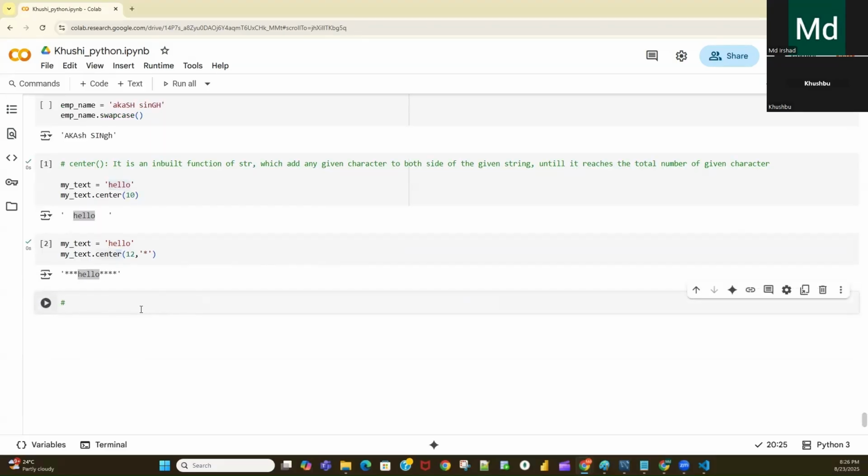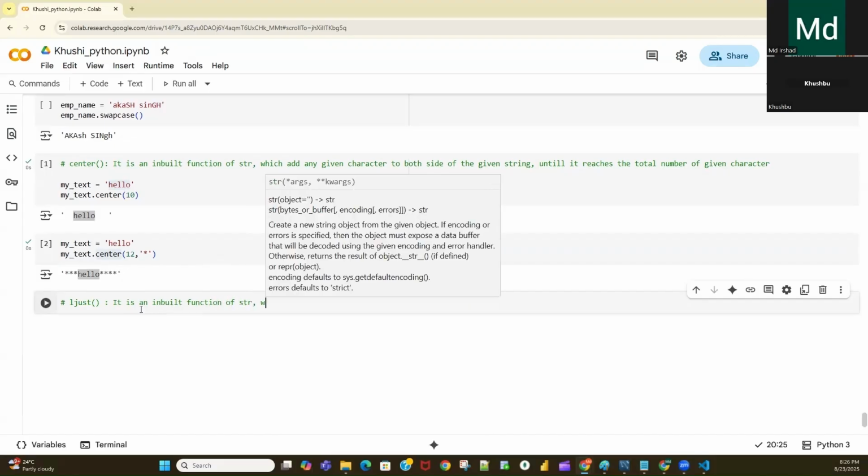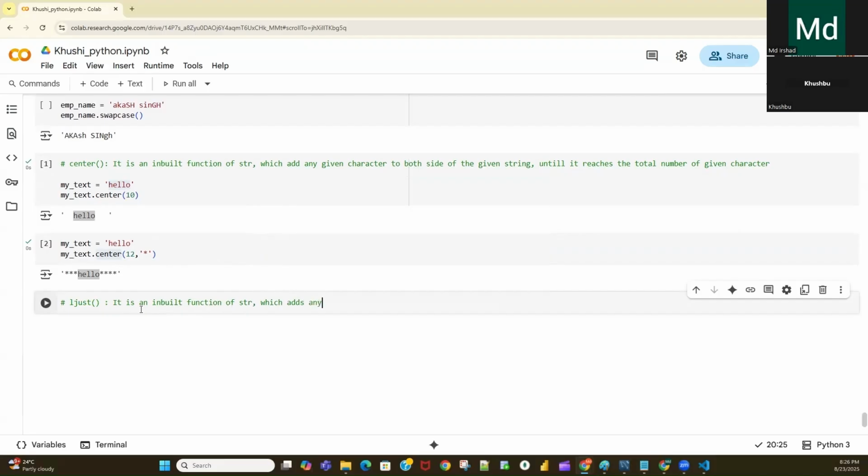Now there is another function, that is called the LJust function. It is an inbuilt function of string which adds any given character on the right side of the given string until it reaches the total number of given characters.